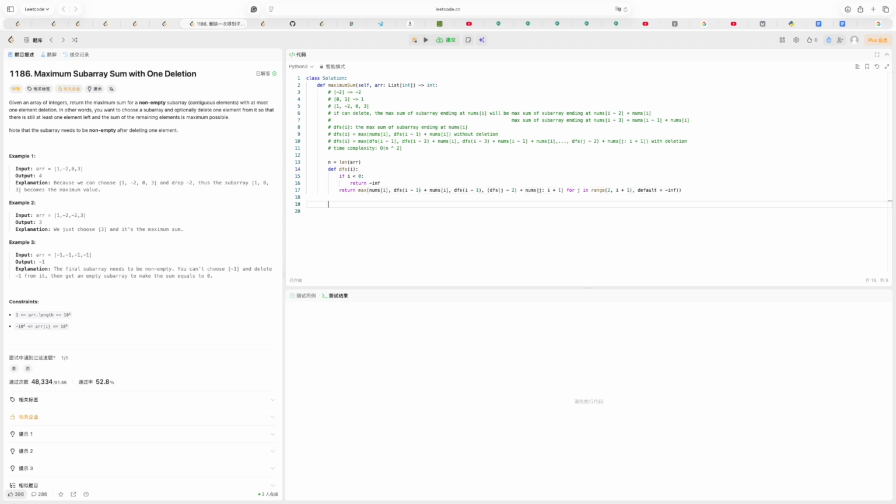Okay, and return, we have to calculate every subarray. So for i in range n,